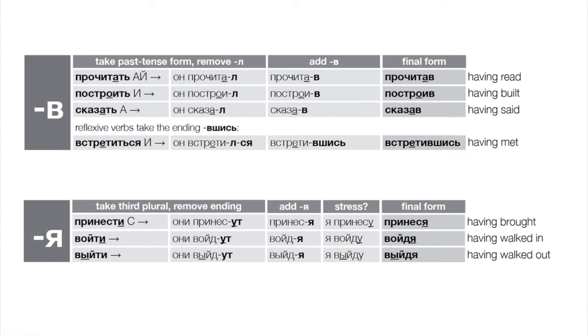Okay, so that maybe is the most confusing thing about today's lesson, right? That some of these perfectives look a lot like the imperfectives. Now again, that's why we can always fall back on simply knowing the pairs, right? Принеся is obviously not from приносить, it's from принести. So as long as we know the pairs, there should really be no difficulty spotting this. Same thing with войдя, right? It's obviously not from входить, it's obviously perfective. And so that will help us know to translate these using having brought, having walked in, having walked out.